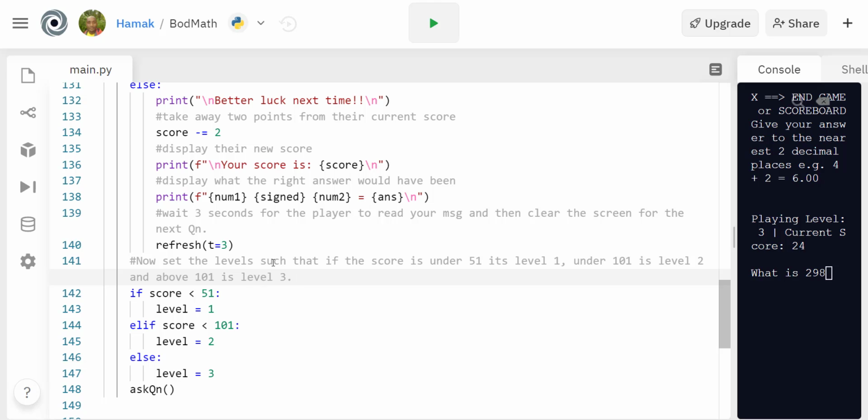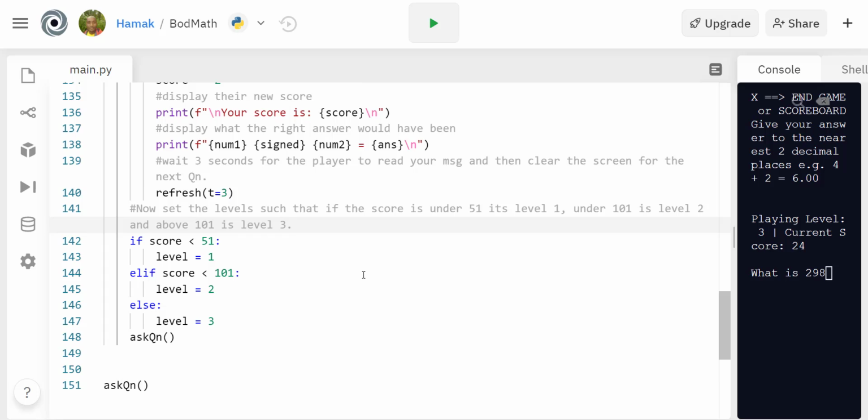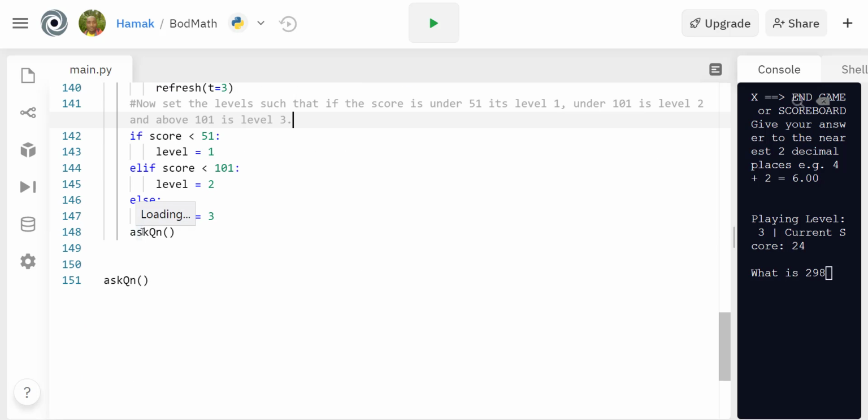Then we're going to ask the question again, which means we are going to carry out